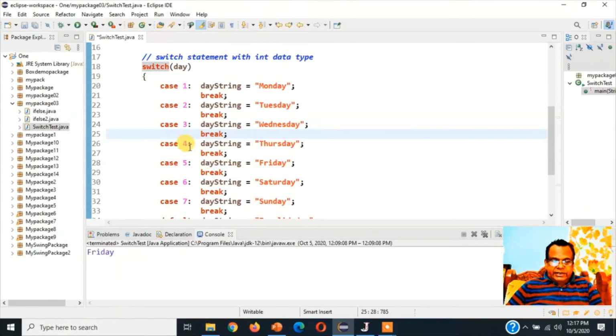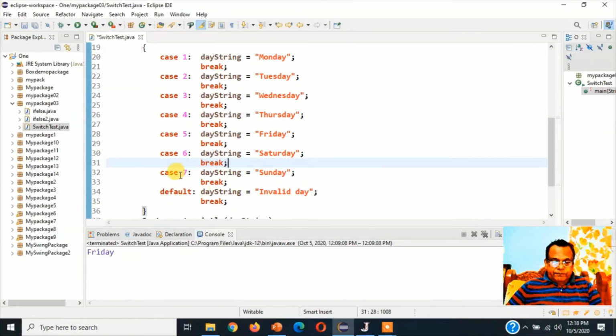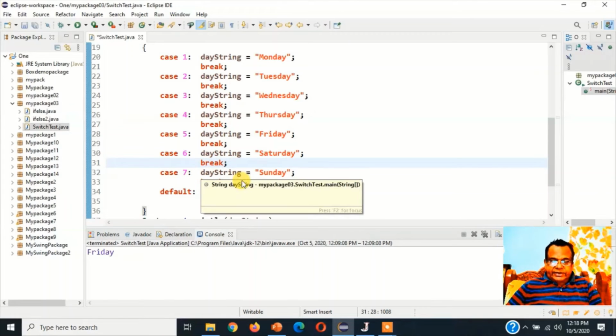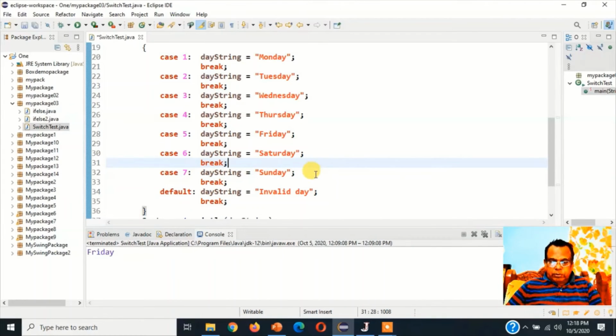Then case 4: dayString = "Thursday"; break; Next case 5: dayString = "Friday"; break; Next case 6: dayString = "Saturday"; break; Finally, case 7: dayString = "Sunday"; break;